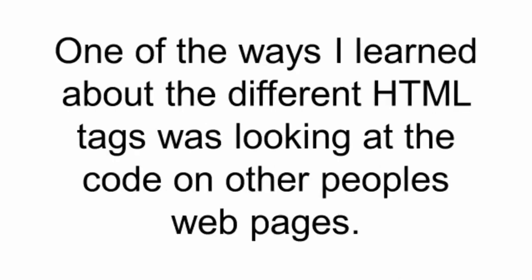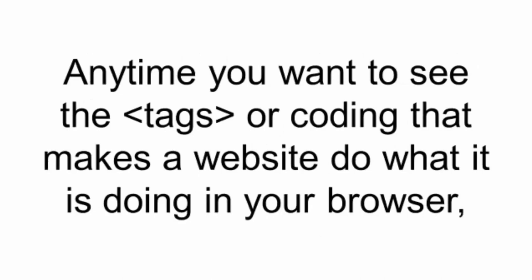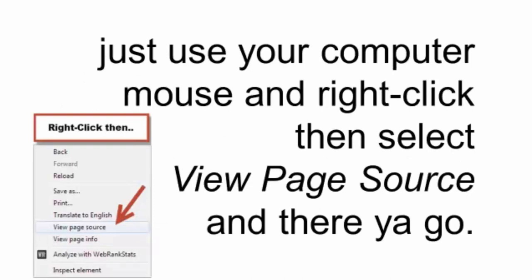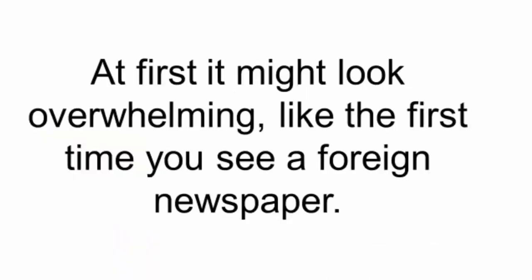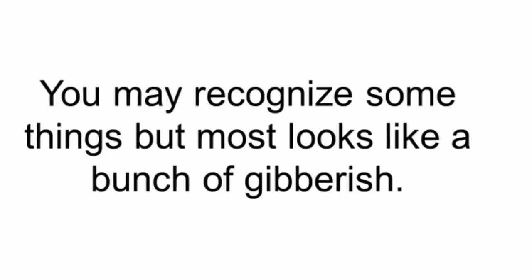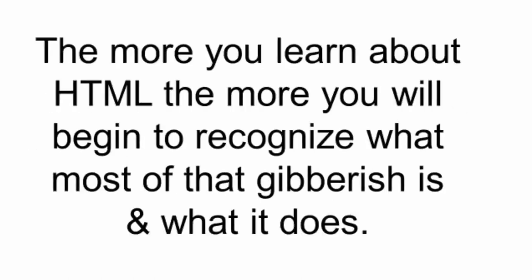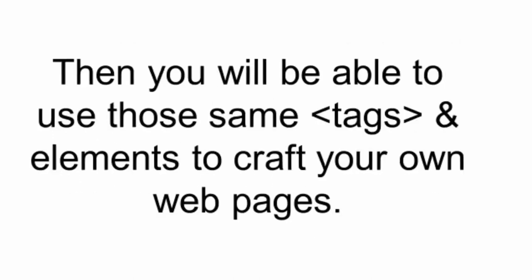One of the ways that I learned about the different HTML tags was simply looking at the code on other people's web pages. Anytime you want to see the tags or coding that makes a website do what it's doing in your browser, just use your computer mouse and right-click, then select View Page Source, and there you go. At first, it might look overwhelming, like the first time you saw a foreign newspaper. You may recognize some things, but most looks like just a bunch of gibberish. The more you learn about HTML, the more you will begin to recognize what most of that gibberish is and what it does. Then you will be able to use those same tags and elements to craft your own web